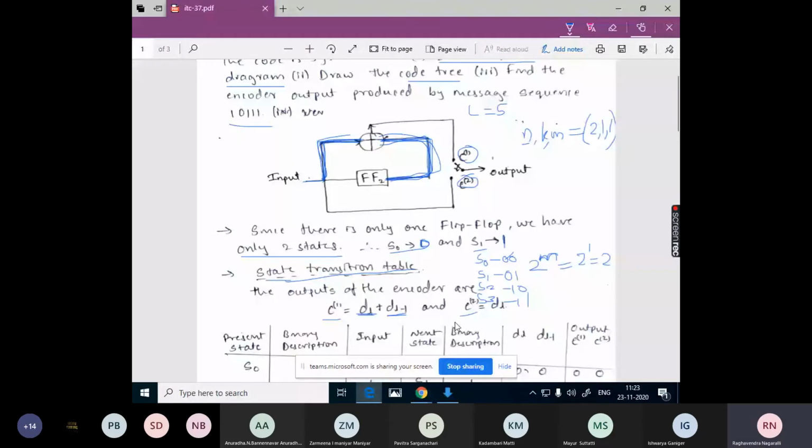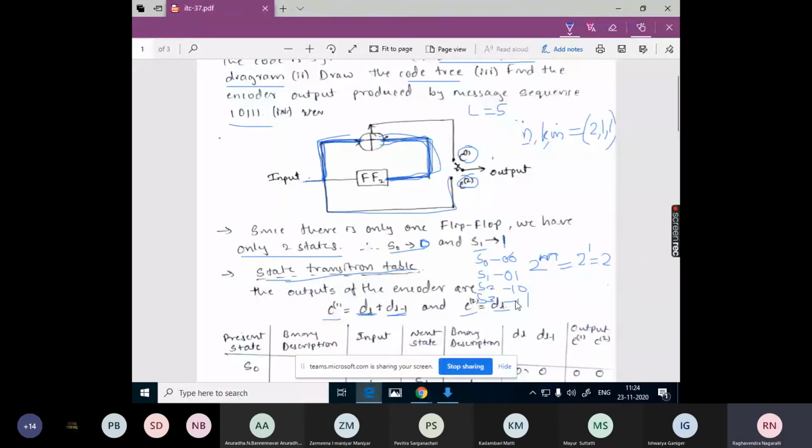Coming to C2, we have only a single connection directly from the present input bit. So C2 is influenced by the dL bit only, the current input bit only. It doesn't depend on the previous input bits, whereas C1 depends on the single immediate previous bit.